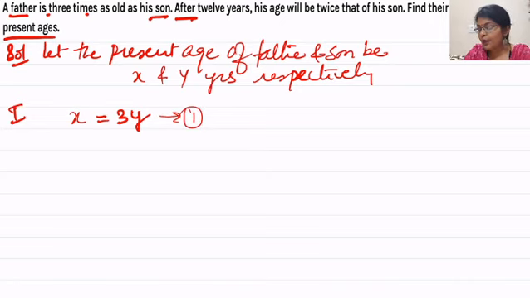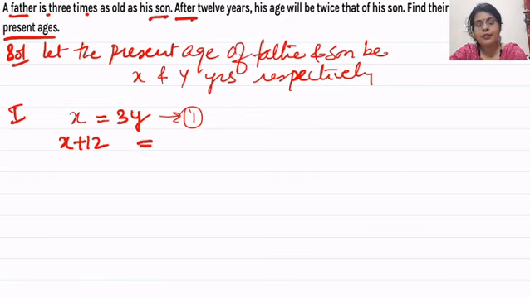अब दूसरी कंडीशन 12 years है. अगर 12 years ago होता तो हम उसमें माइनस करते, लेकिन 12 साल बाद है तो हम उसमें प्लस करेंगे. दोनों की उम्र में 12 साल आगे की बात होगी. तो पिताजी की उम्र में भी 12 साल जोड़ने पड़ेंगे और बेटे की उम्र में भी 12 साल जोड़ने पड़ेंगे. When we see the question in this way, we simply write x plus 12 and y plus 12. अब इतना काम कर लिया.